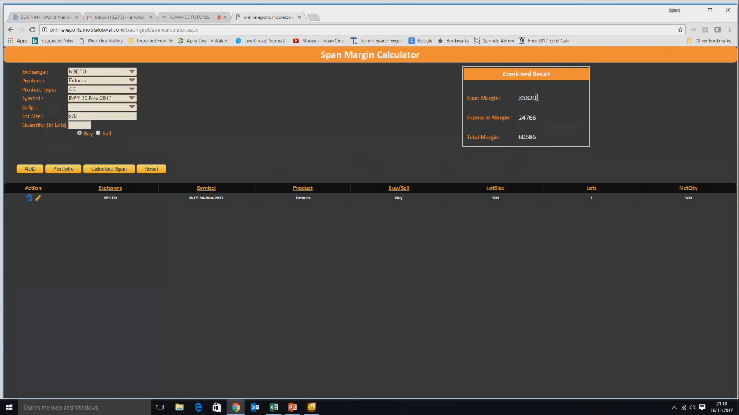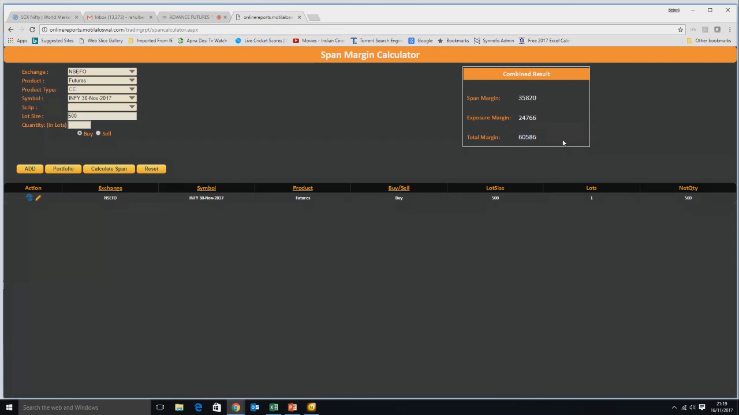The span margin is 35,820, which is fixed and charged by the exchange. Everyone has to give this margin for sure because that's the exchange requirement. And then you have another thing called the exposure margin. Exposure margin is the margin which your broker will charge, in our case Motilal Oswal. Here we can do some leveraging as per the individual. So in a nutshell, the total margin required to buy one lot of INFY future current month is